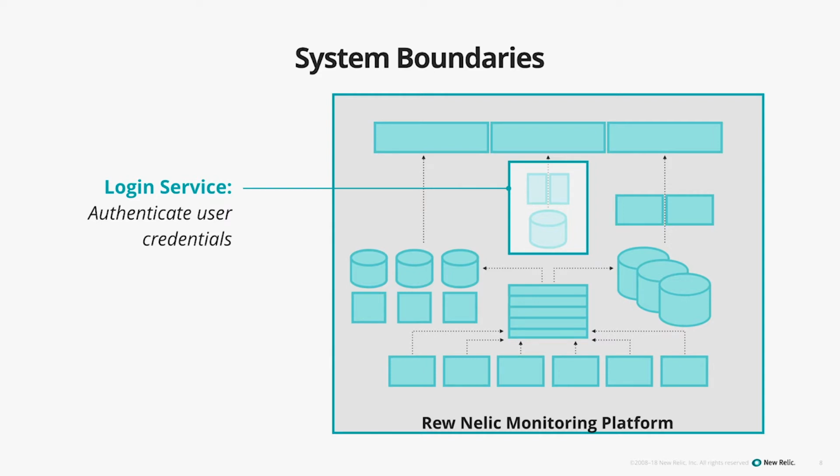So system boundaries are a way to think about your systems from a customer perspective. It's the point where groups of components expose one or more capabilities to your external customers. And external customers can be other teams within your organization or actual external customers. So here, for example, we have our login service, which exposes an API representing the capability to authenticate a set